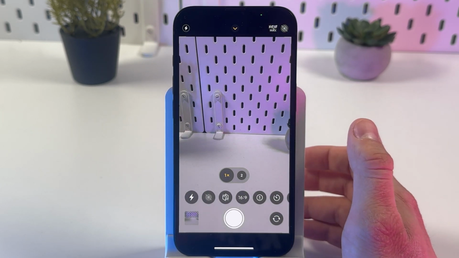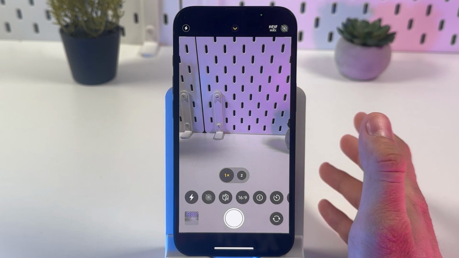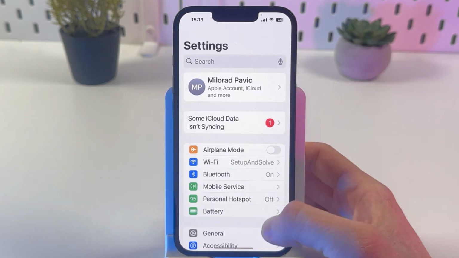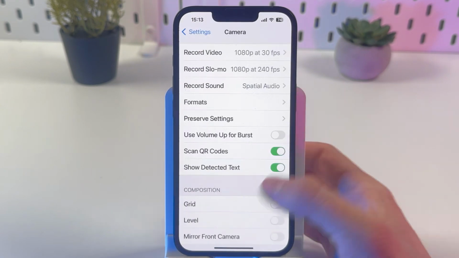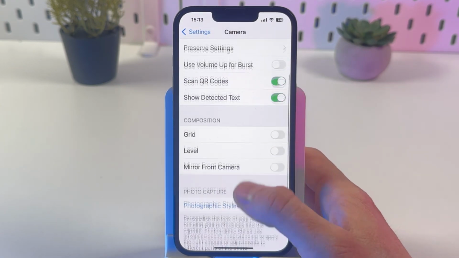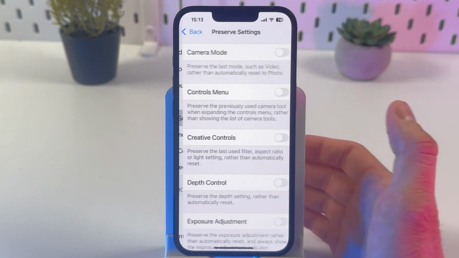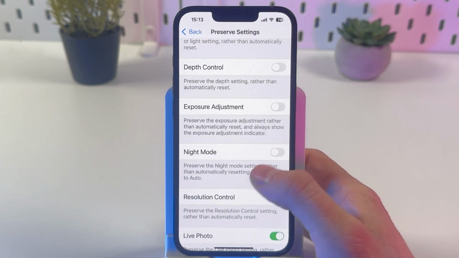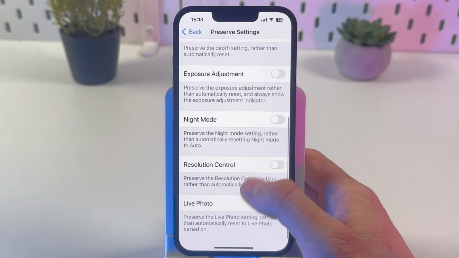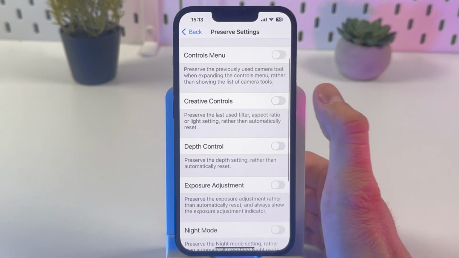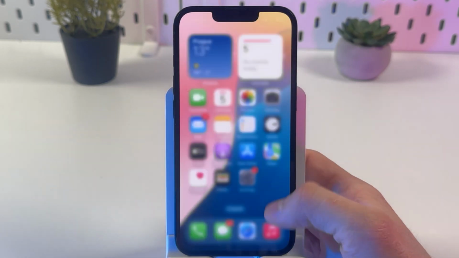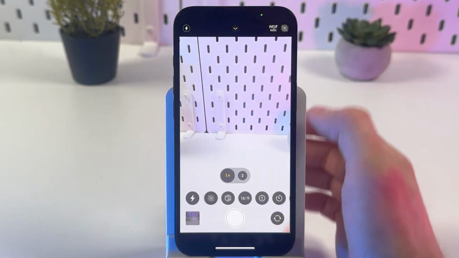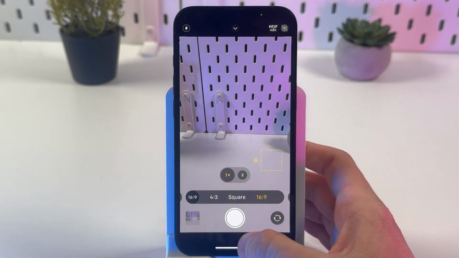All right, now to save this setting for the further shots, we have to open up our settings. Then we have to find our camera. In our camera, let's find preserve settings. Here they are. In our preserve settings, we have to find our creative control. There it is. Great, so now anytime we're gonna open up our camera, our aspect ratio will be on 16:9